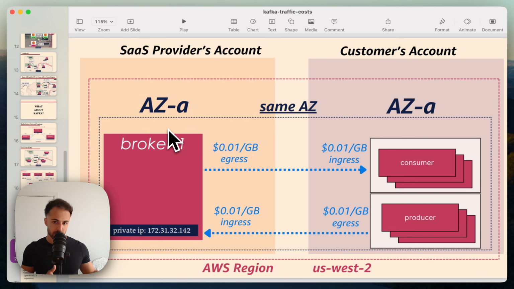So if you're buying Kafka from Confluent or from some managed service that offers Kafka, usually by default, they give you a public IP that's authenticated. So the IP is publicly exposed, and you get like a password to authenticate to that. And again, even if your clients are in the same AZ as the broker, because you're using the public IP, by definition, you're going to be paying some amount of money just for that, 100% of the traffic, as we